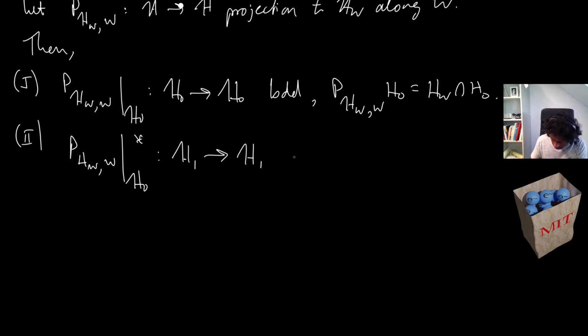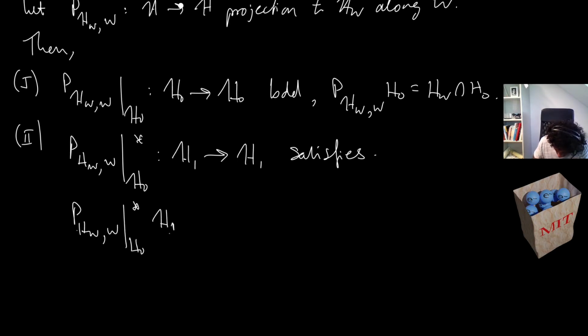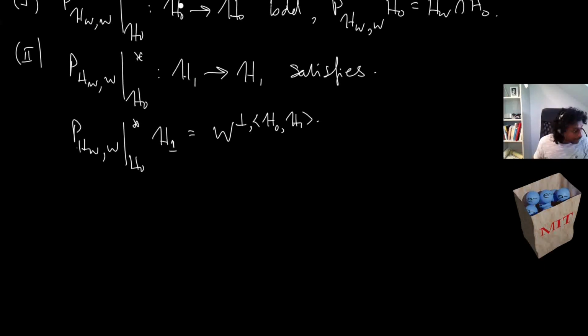Satisfies the adjoint H naught star acting on H1 is equal to now the orthogonal complement of this W with respect to the perfect pairing H naught H1. Right, so the annihilator. So